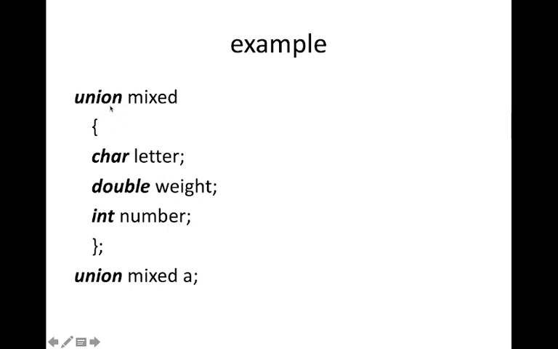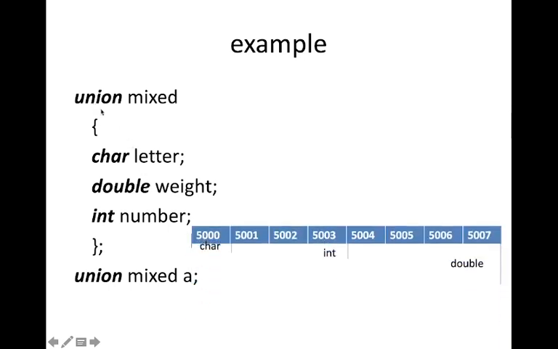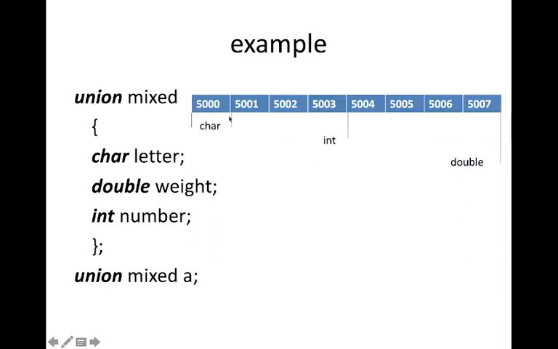If it was a structure, then it would be 1 plus 8 plus 4, so 13 bytes. But in the case of union, only 8 bytes will be used. It will take the largest element. The largest element is double. Double requires 8 bytes. So only 8 bytes will be allocated in the memory.